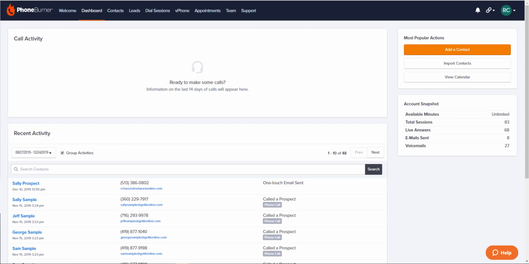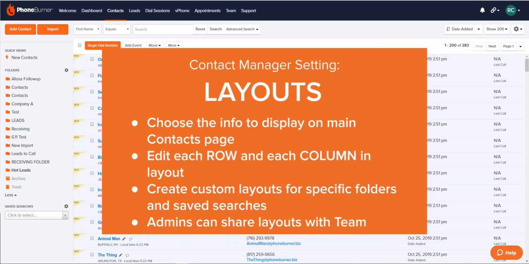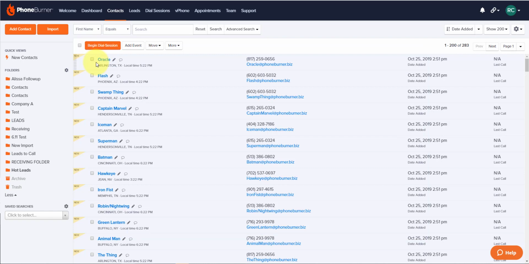I'm Rachel C. with more information on your Contact Manager layouts. The Contact Manager layout refers to how the details are displayed on your contacts page. For example, here on the contacts page we can see that there are 4 columns, and on each column there